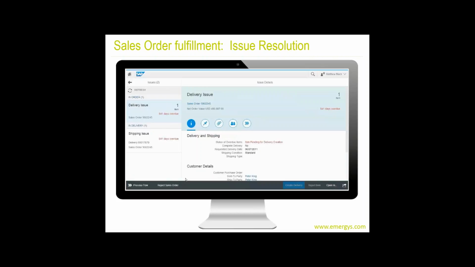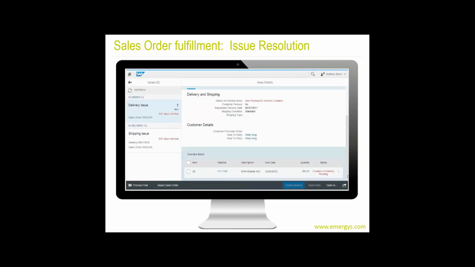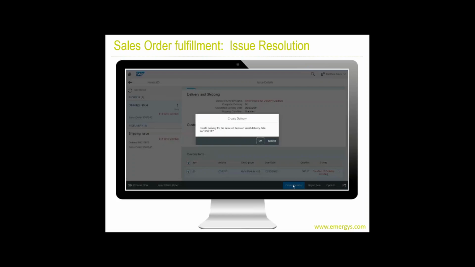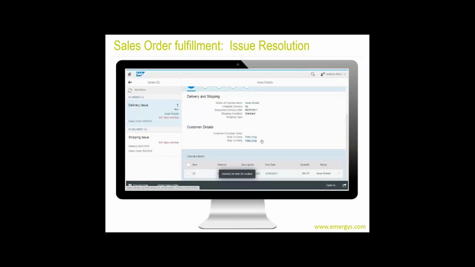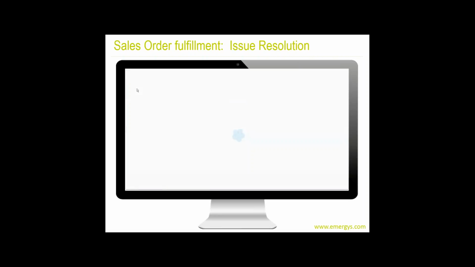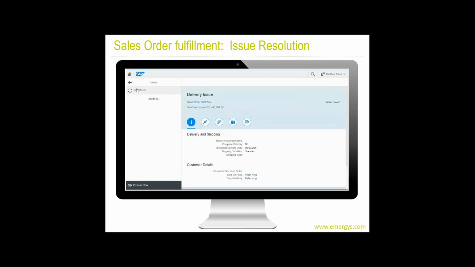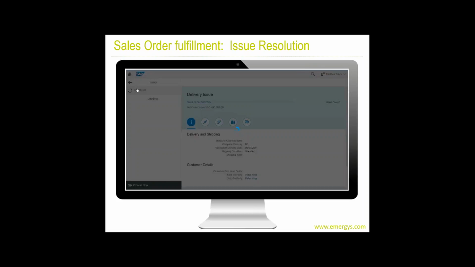issues. So in this case, there's a delivery issue, and what's happened here is this was a short ship. So line 10 got delivered, line 20 here did not because it didn't have material. That material is now available. So we create the delivery, execute, and this drops off the list. You refresh the list, this one's no longer there, to move forward to the next issue. So it makes it very simple for a user who's trying to expedite, who's trying to manage the back order flow, to really do their job.